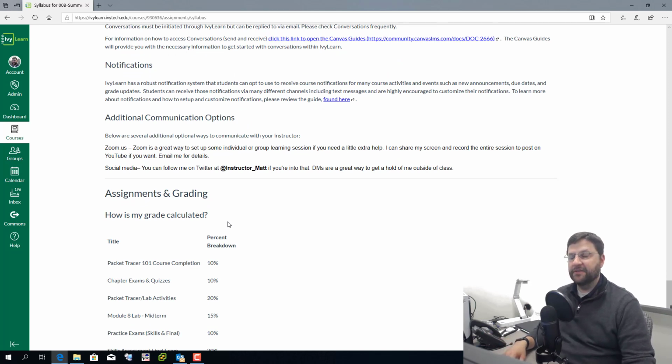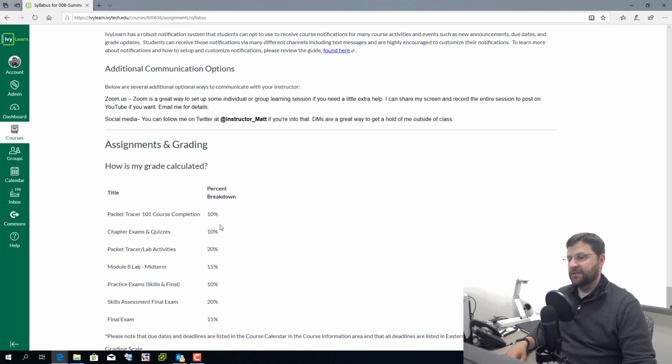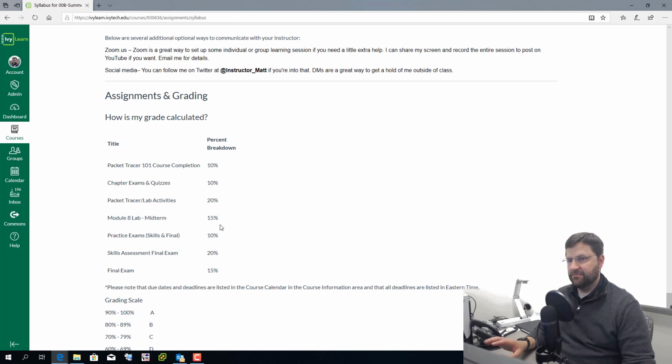The college just got Microsoft Teams in the summer of 2019, and hopefully I'll be able to set up a team for a course. Sort of like Discord, only more business-oriented, built into Microsoft Office. This is how your grade is calculated.